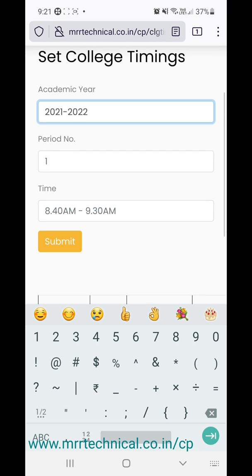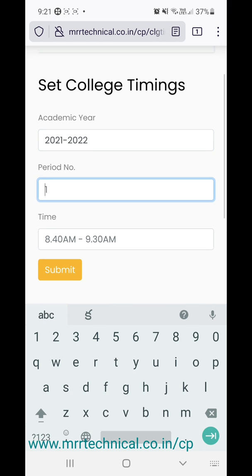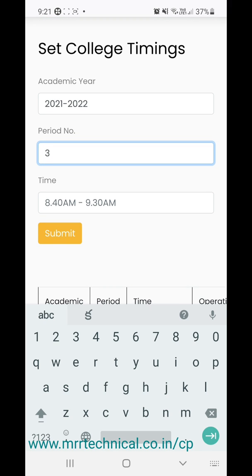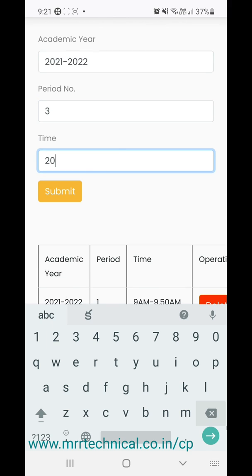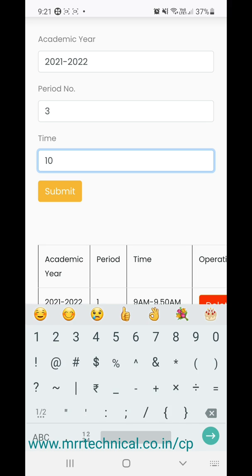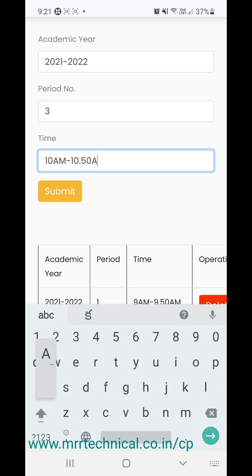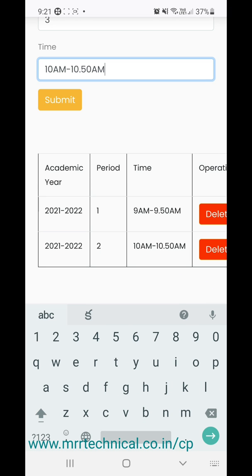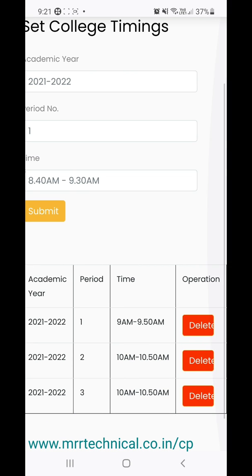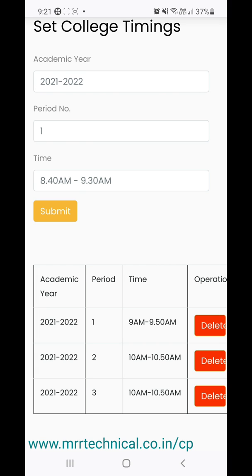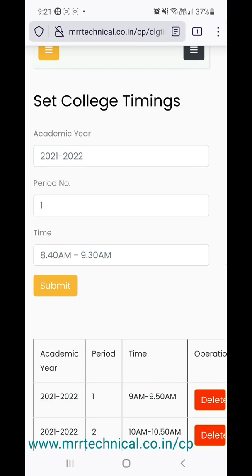So that's why try to enter it in the same notation. 2021-2022. The third hour is from 10 a.m. to 10:50 a.m. Till now the third hour is not there. Once I enter the third hour, it will be added here. In this way you have to set the college timings.